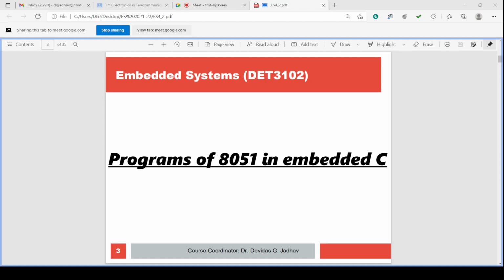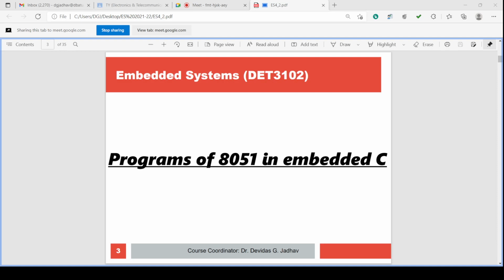Okay, so we have installed the Keil software package, and in that we can write the program and execute the program. After executing the program, we can check the various outputs, the contents of the registers: what the PSW content is, what the accumulator content is, the A register, B register, what the R0, R1, R2, R3, R4, R5, R6, R7 contents are, what the scratchpad contents are, and the bit addressable area if you are using it.